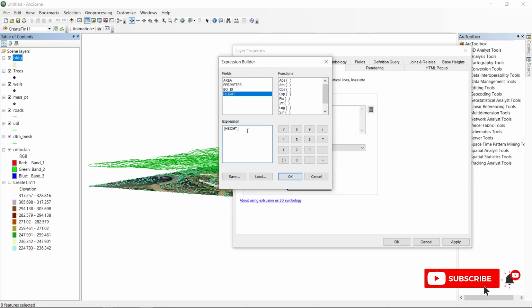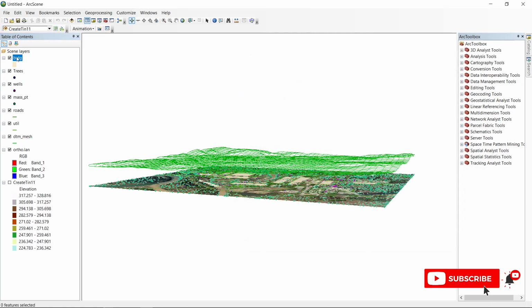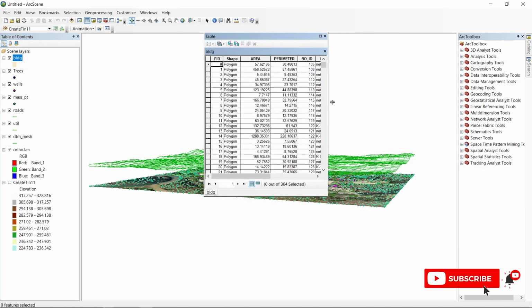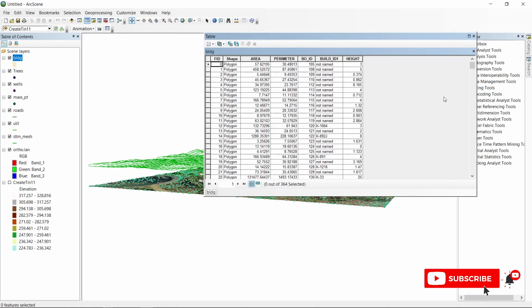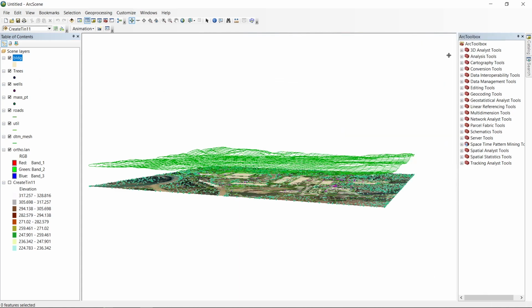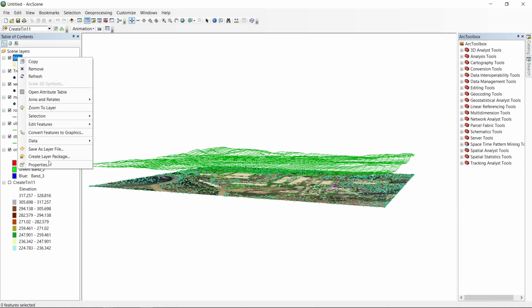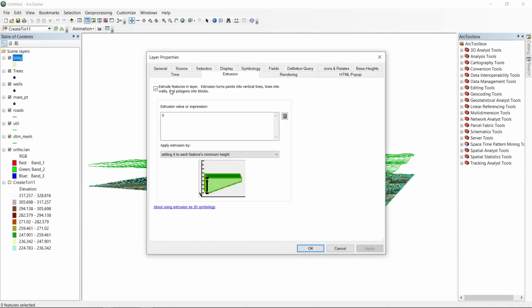If I close this, you can see there are different columns here, right? This height field contains the building height. So I'm going to make the building 3D by using that height.